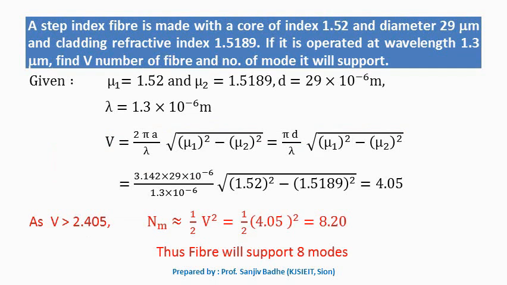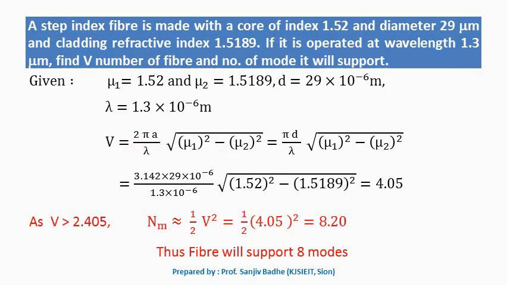Okay, this one is based on the calculation of V number. A step index fiber is made with a core refractive index 1.52 and diameter 29 micrometer. Cladding refractive index is 1.5189. If it is operated at wavelength 1.3 micrometer, find V number of the fiber and number of modes it will support. So we know V number is given by 2 pi a upon lambda square root of mu1 square minus